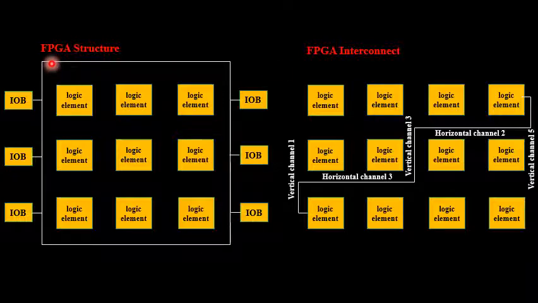And the third most important element you are going to have in an FPGA structure is nothing but an IO pin. An IO pin is also called an IOB or IO block. Again, these IO pins or IO blocks will be programmable for both the inputs as well as the outputs.